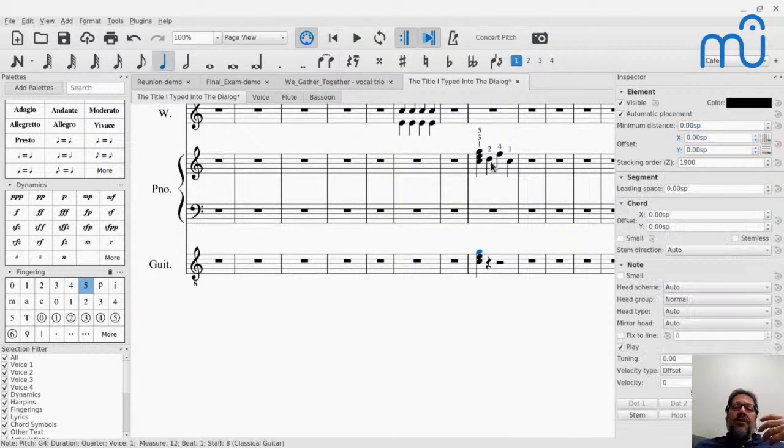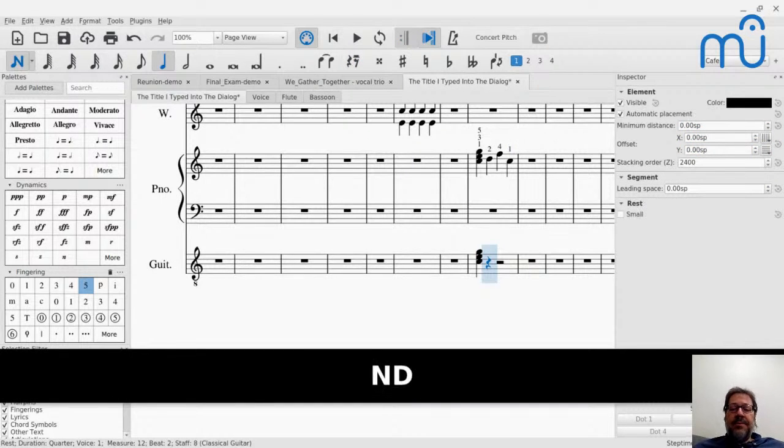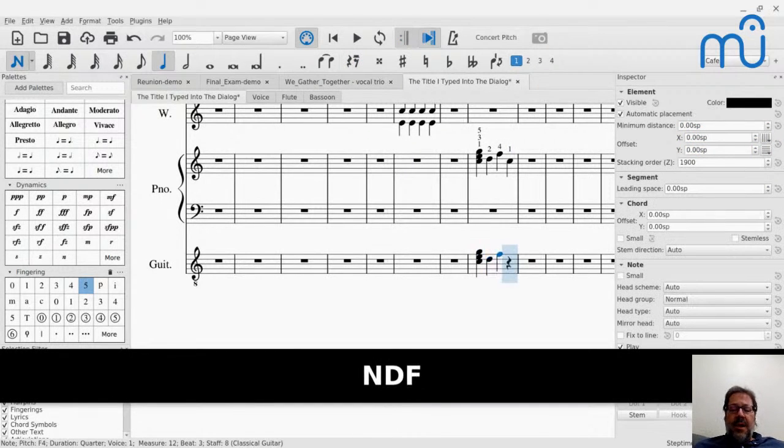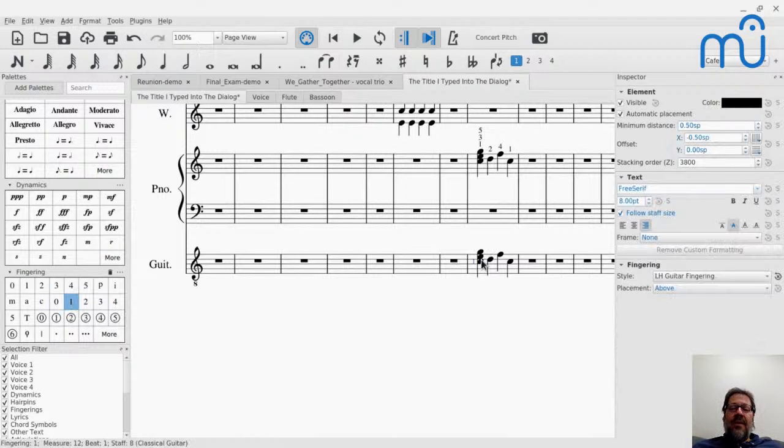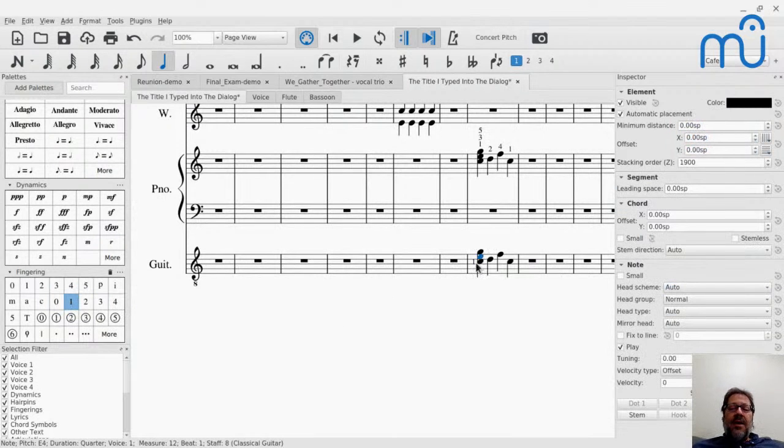This fingering placement is what you want on piano, but on guitar, that's not really the normal placement of fingering. Different people use different techniques, but what's probably more common is this other one here, where you put it to the left of the note. And again, that's what happens when I use the palette. It'll automatically add it to the left here, because this is, as it says, left-hand guitar fingering.